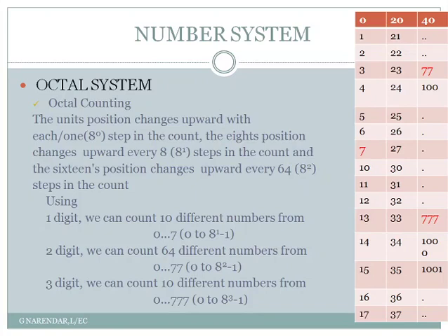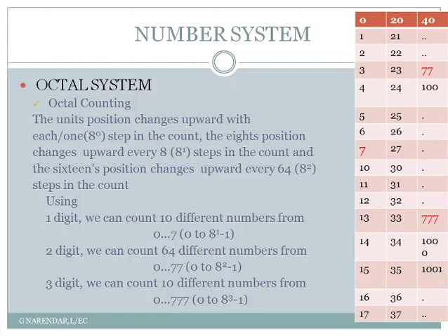You can see that the octal number system doesn't have 10 digits, it has only 8 digits, from 0 to 7. So by using one digit we can count only 8 numbers, that is from 0 to 7. And what happens immediately after 7? In one single digit, 7 is the maximum digit. So in order to make the next count, we have to go for 2 digits, and the 2-digit count will start